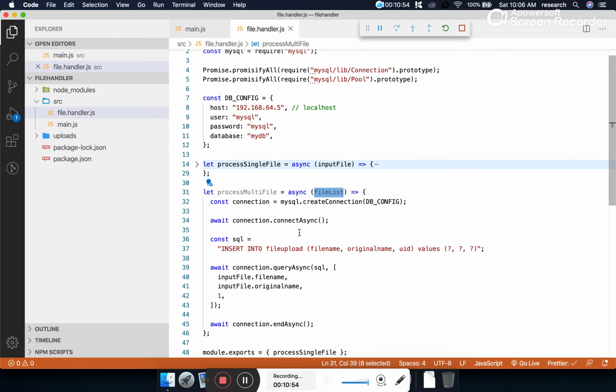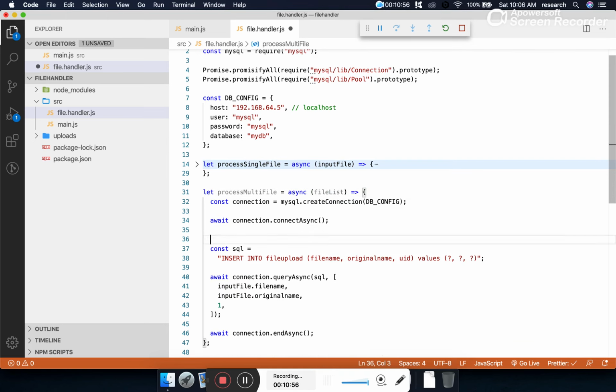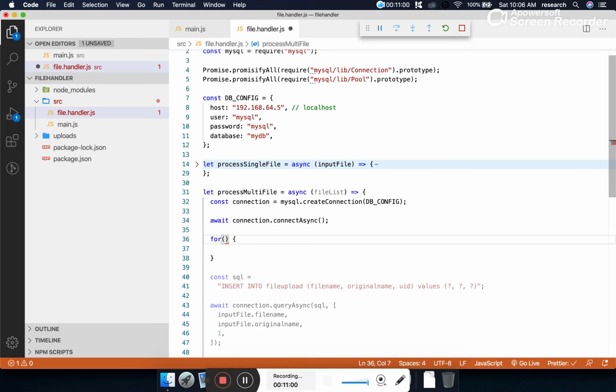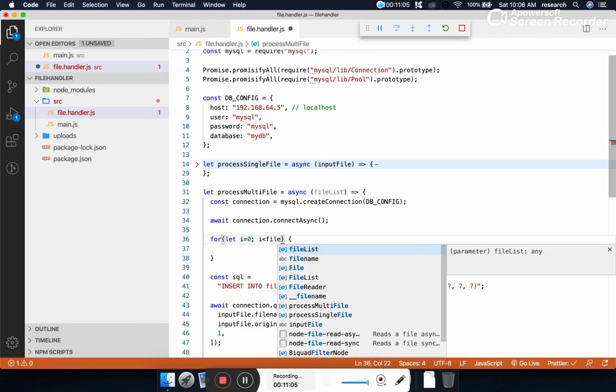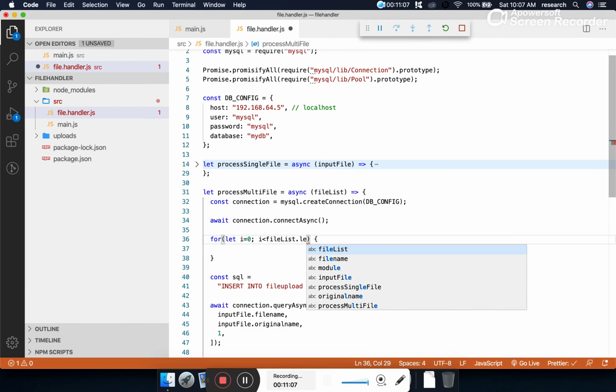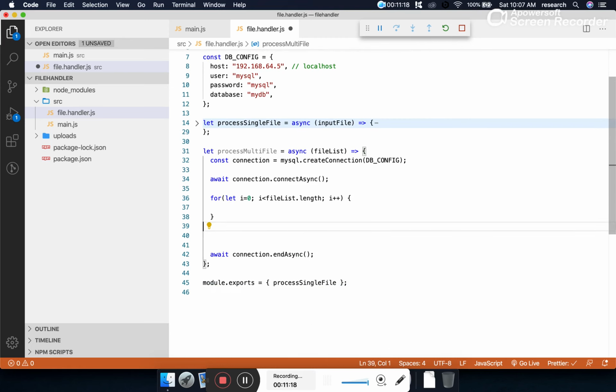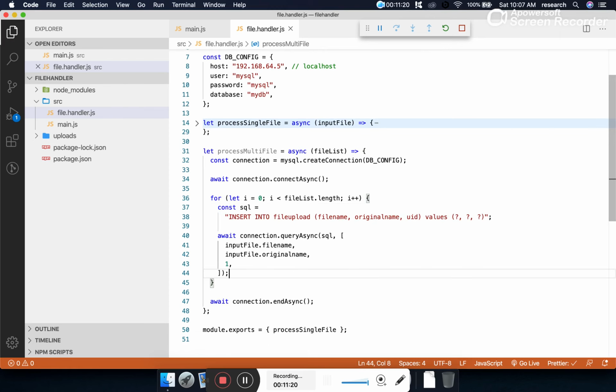And since it is a list, we have to make a for loop. For let i is equal to 0, i should be less than file list dot length, i plus plus, and here the SQL query, the insert query, will be written inside the loop. That means it will be executed the number of times equal to the number of files.